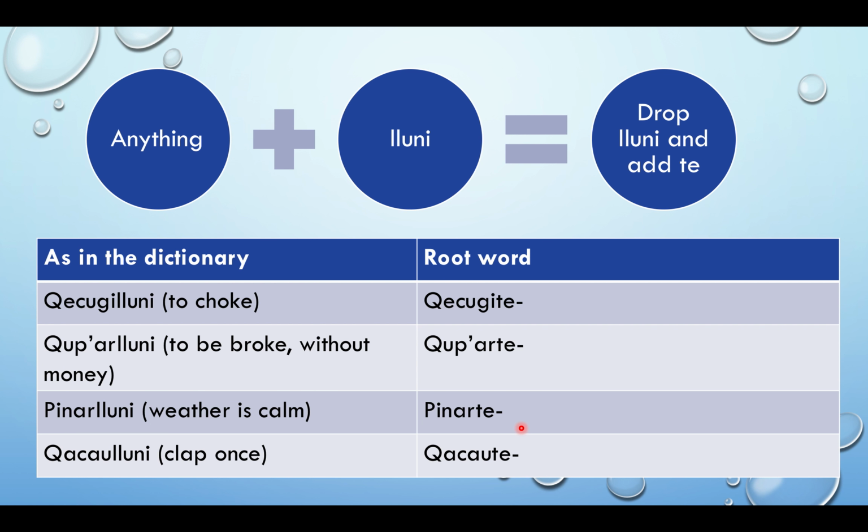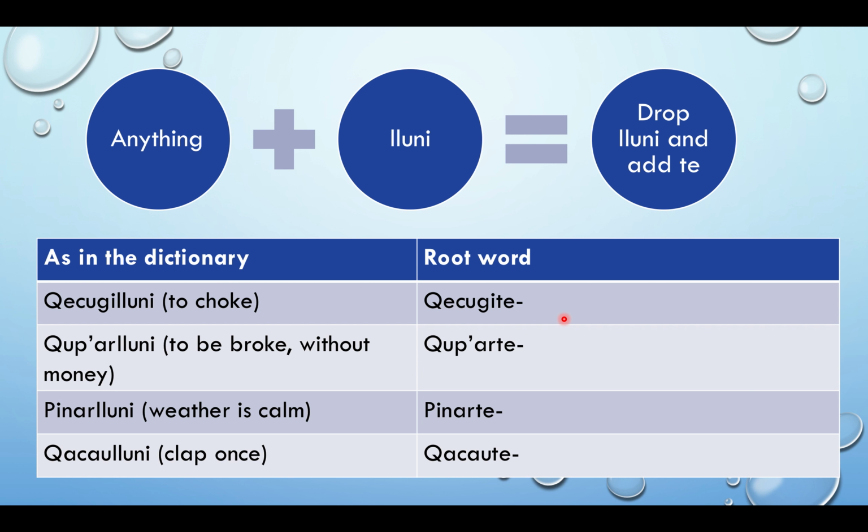Alright, and then we have lluni. I think lluni is the easiest because it doesn't matter what comes before lluni. Every time you're going to drop the lluni and add te. So here we have choke,